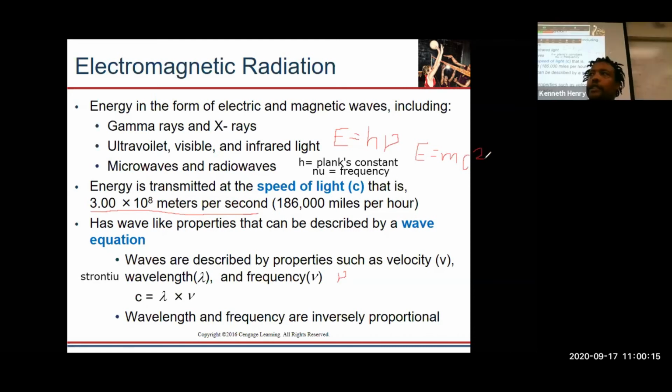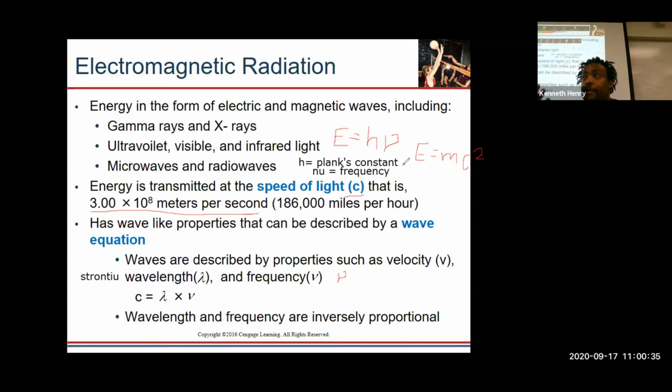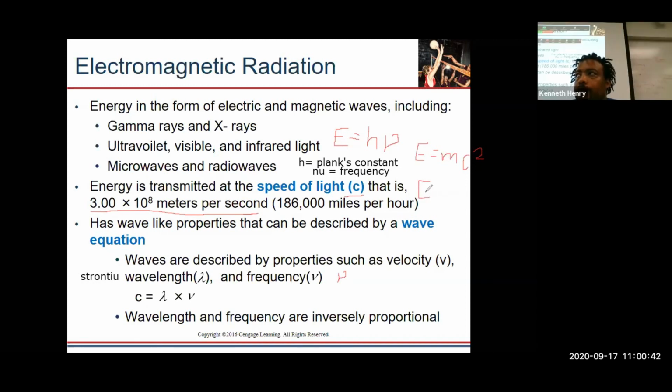This is Einstein's equation, where c is the speed of light. This is what you would use to calculate how much energy is given to you for the speed of light if you knew the mass of the particle. All right. Okay, the other equation for energy, we have E equals 1/2